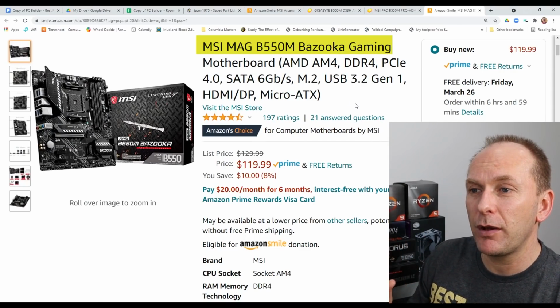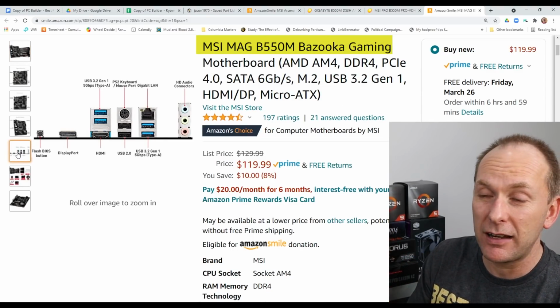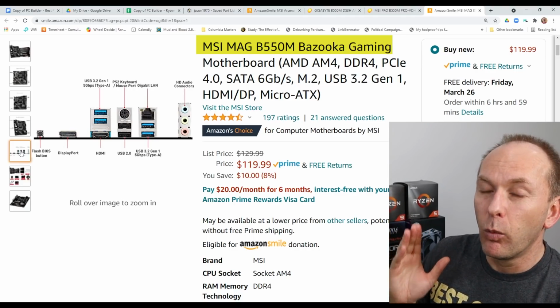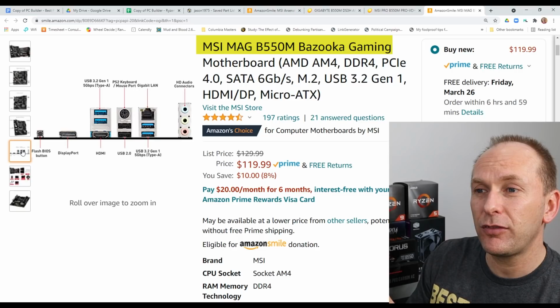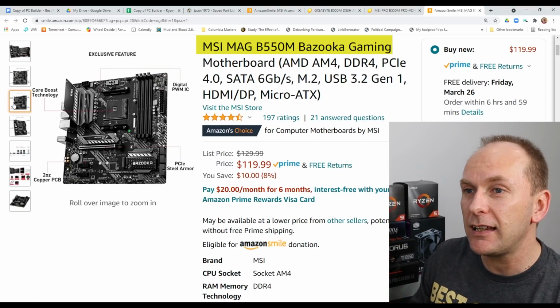Now, all of these motherboards have a really kind of crummy audio codec. If that doesn't matter to you, it's okay. I believe it's like an ALC 897 or something like that. 1 gigabit Realtek LAN, but overall, they all have BIOS flashback. They'll all work with Ryzen 5000 CPUs, and I would put a Ryzen 5600X on any of these and feel